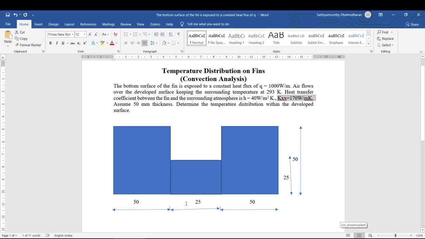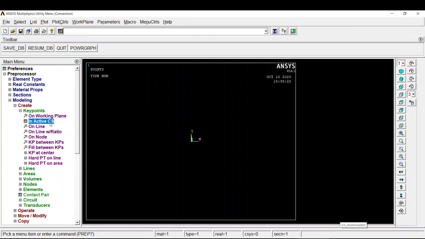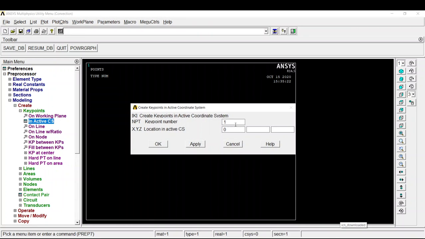So I am taking this key point as the 2, that is the last one. The total value is 125. Key point number 2, x direction 125,